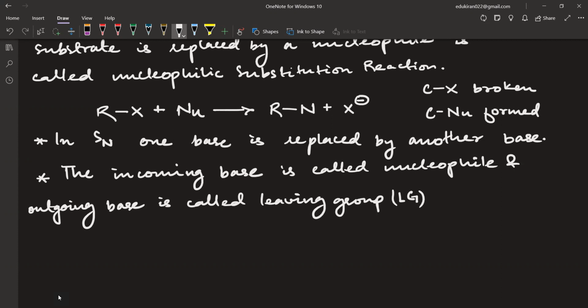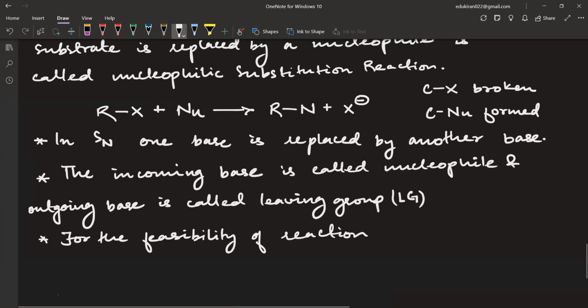Okay, it's called leaving group. For the feasibility of reaction, now you guys will tell me, the nucleophile is coming and it is replacing X, right? The nucleophile is coming and it is replacing the leaving group. So which should be stronger, the nucleophile or X? The nucleophile will be stronger, right? So for the feasibility of reaction,